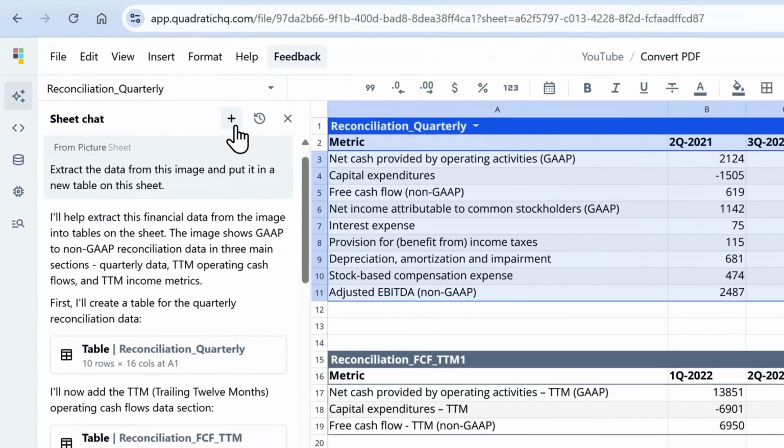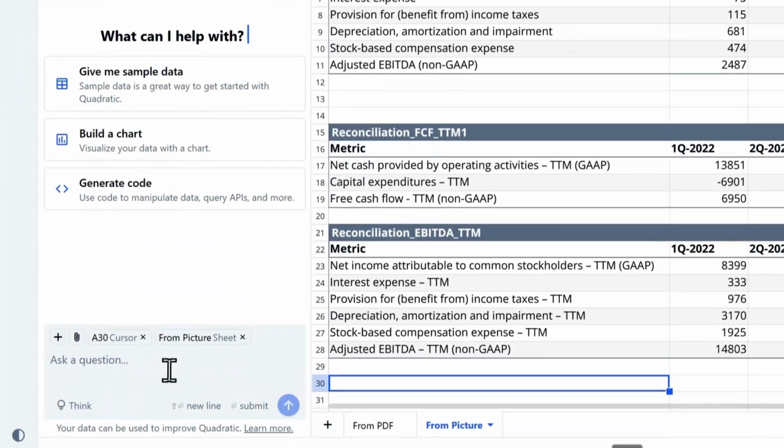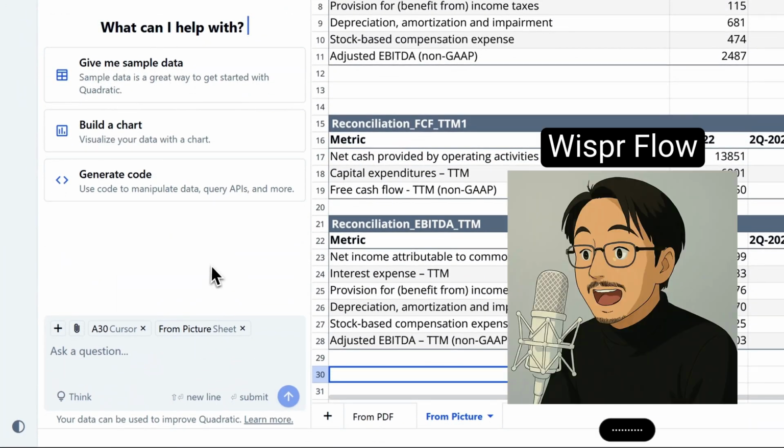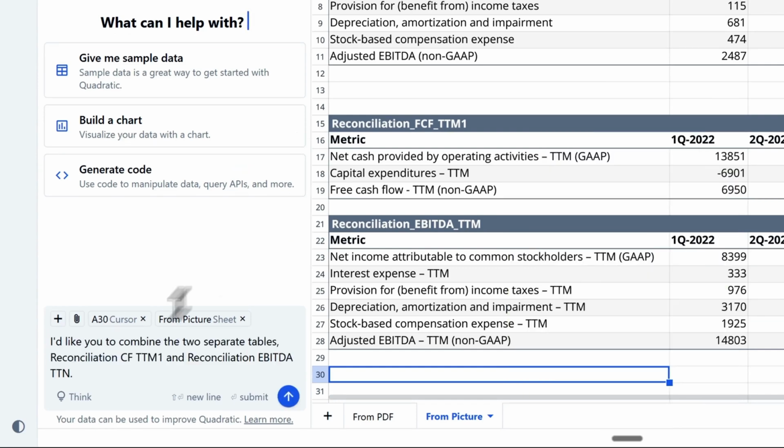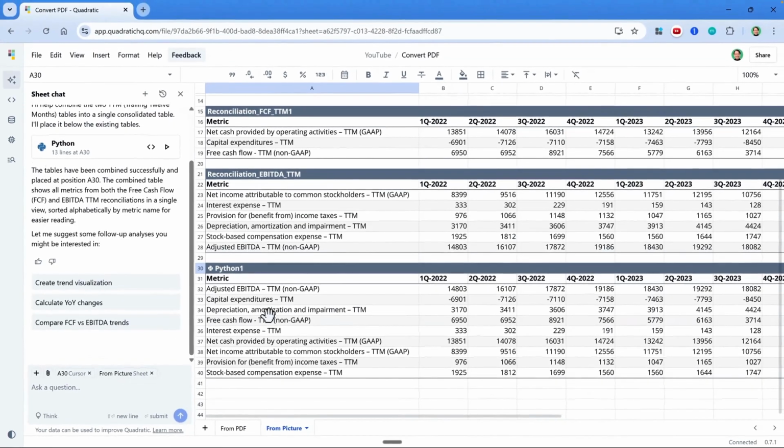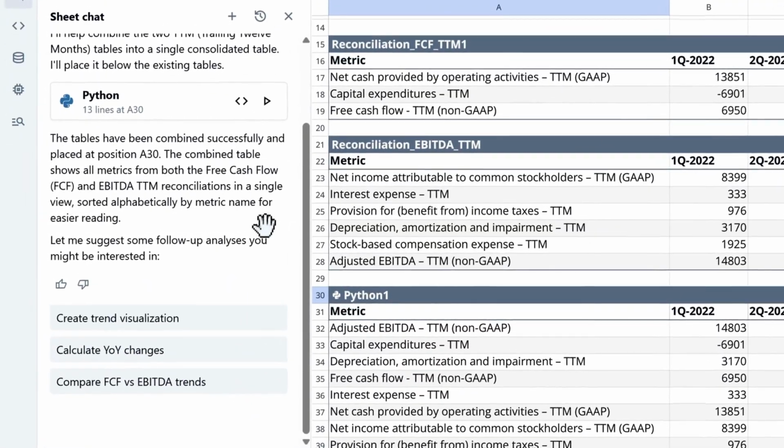I'll start a new chat by clicking this plus, and I'll enter a prompt using Wispr Flow. I'd like you to combine the 2 separate tables, reconciliation FCF TTM and reconciliation EBITDA TTM. I mistyped it a little bit, so I'll correct it. And this one as well, TTM, not N. Then I'll click Submit. So let's try to be helpful and combine the table with both metrics sorted alphabetically by